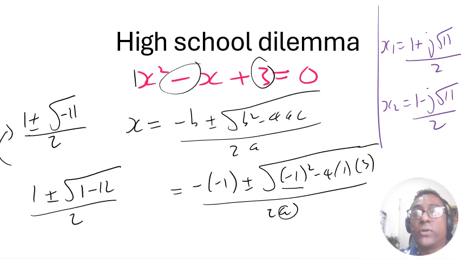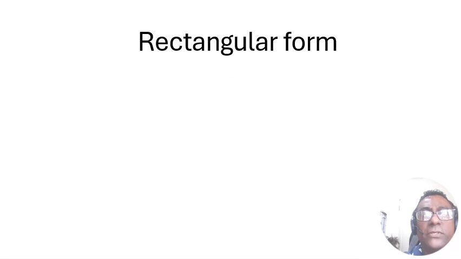Okay, so what you can do is take each of these roots, substitute into the original equation, and check whether that is satisfied. And in fact, that will be an excellent exercise, remembering that j times j is -1. That's pretty cool. Okay, so now we want to look at something called the rectangular representation or form of the complex number. We did this, right? So we're basically going to write